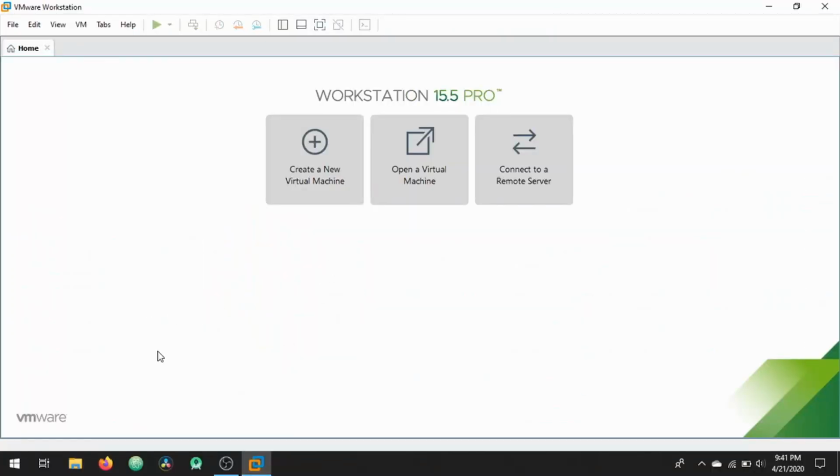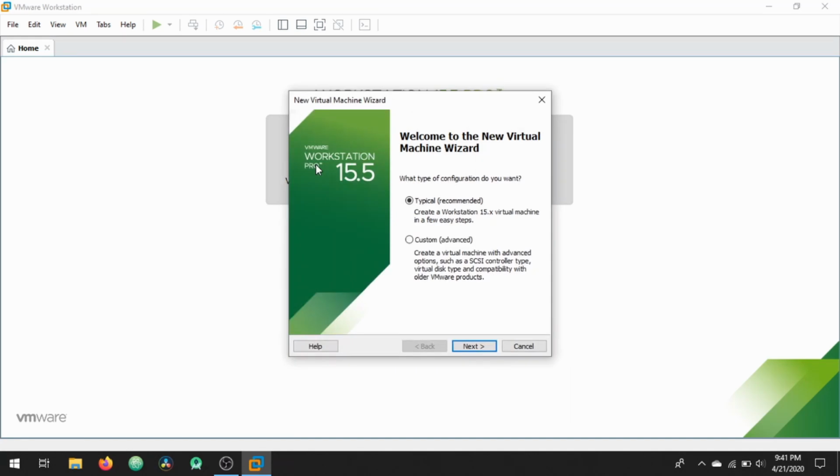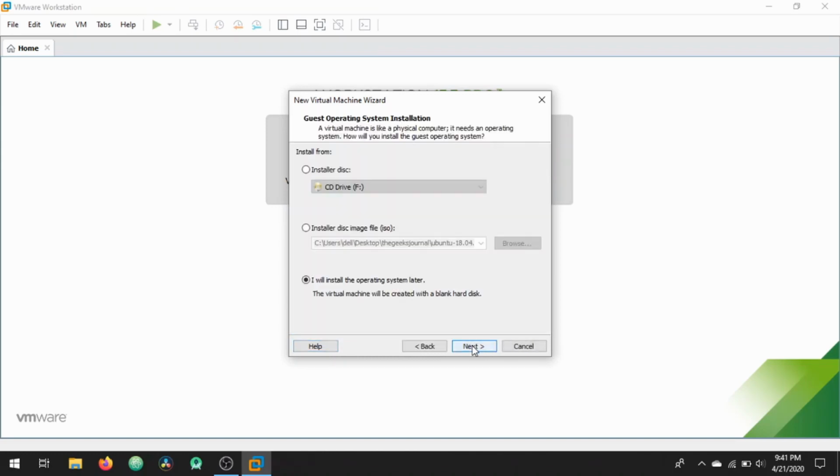Assuming you have already downloaded the ISO file, to install the operating system, you have to open your virtual machine application and just click on the create a new virtual machine button. After clicking on the button, a new pop-up window will appear and you just have to select the first option and click on next. After clicking on next, you just have to select the second option and select the ISO file you have downloaded from your desktop computer.